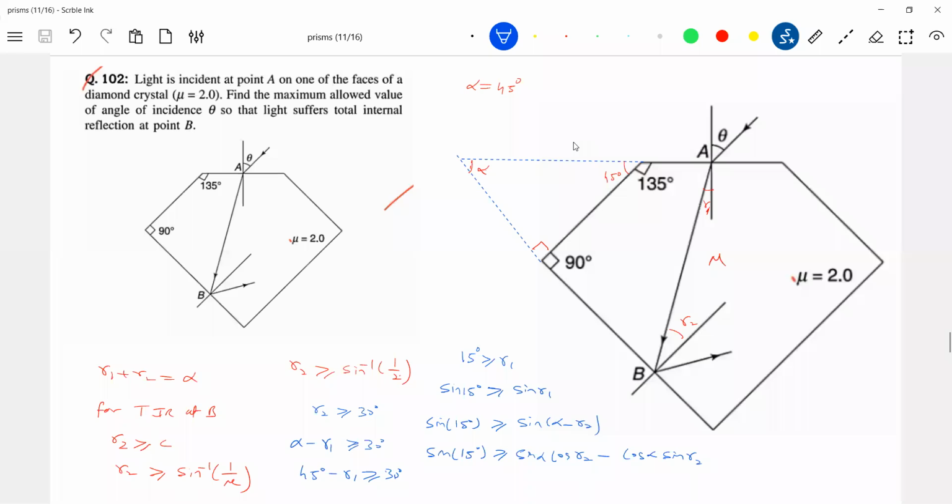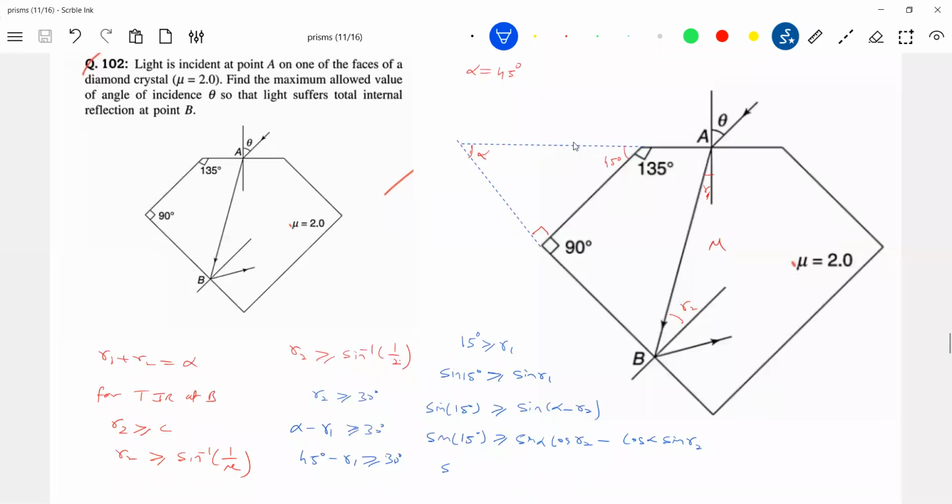Okay, after this sine 15 degrees, sine alpha is 1 by root 2, alpha is 45, no? Cos R2 root of